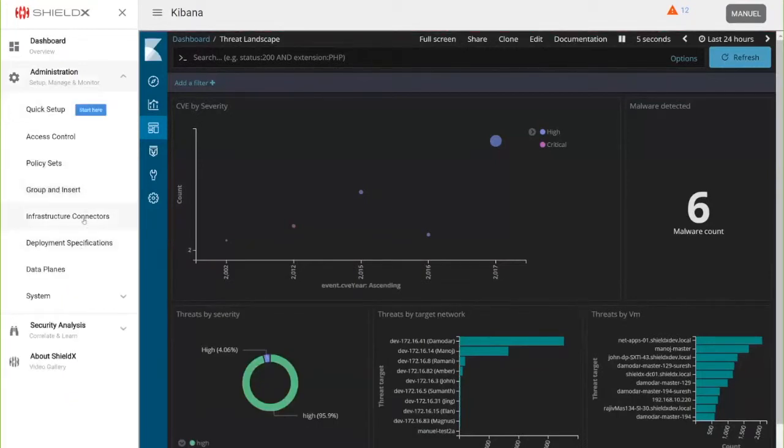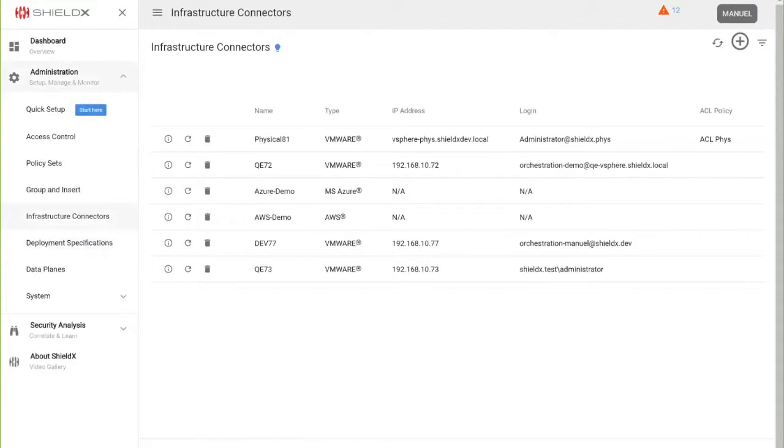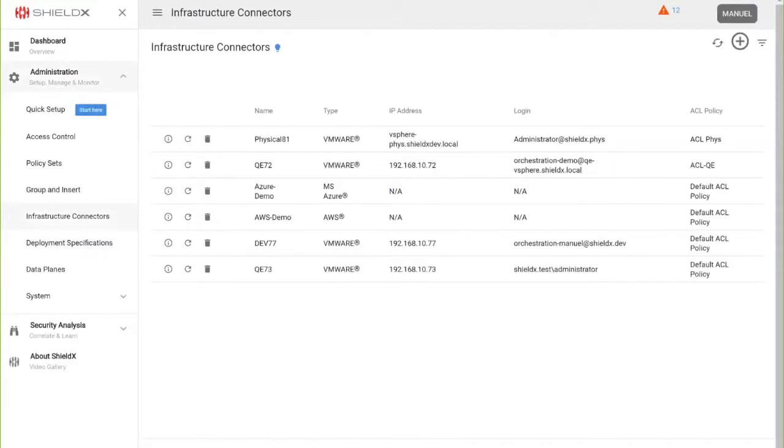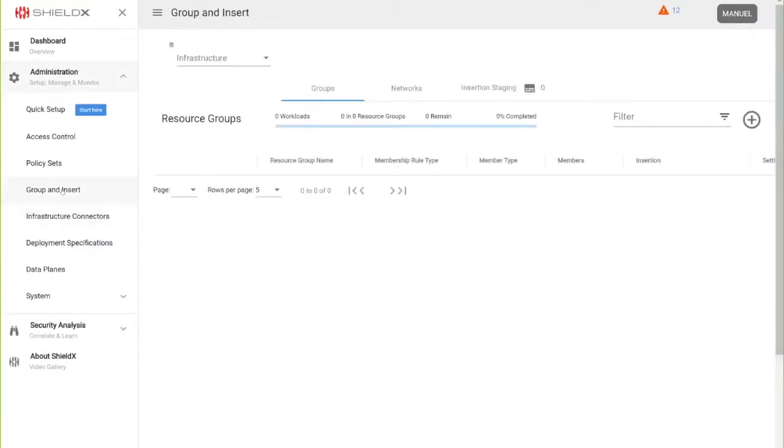The first thing, after you start off with the initial VM that manages all the environments, is to create the so-called infrastructure connectors. Those connectors can go into VMware, into Azure, into AWS. And what we need for those is just credentials into those environments. And then this initial discovery is going to start. So after that initial discovery, you can decide how you want to insert and how you want to group